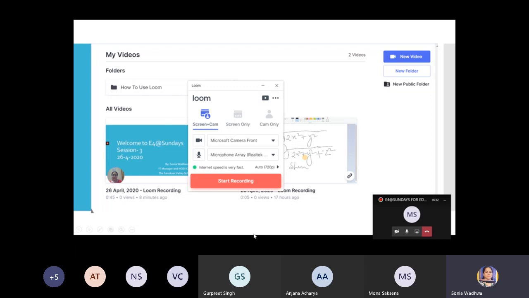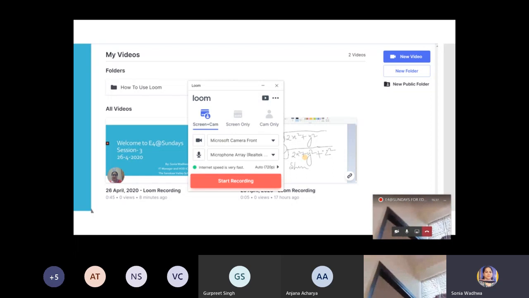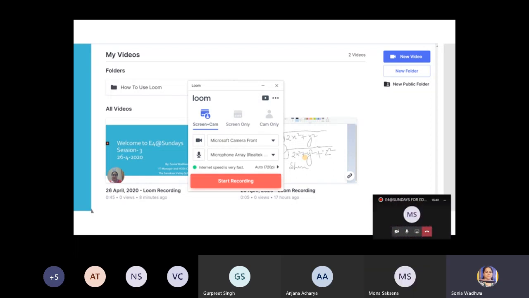Before I do so, have you understood the purpose of the tool, what we are learning? This is a free video recording tool, as I said. And how is it different from other options? Other video recording software which is available to us either records our screen or records our desktop, but this is a tool that gives us the opportunity to feature ourselves in the video. So we can record actually three things simultaneously: our desktop, our own face, and our own voice in the video. So let's go for a live demo from here.